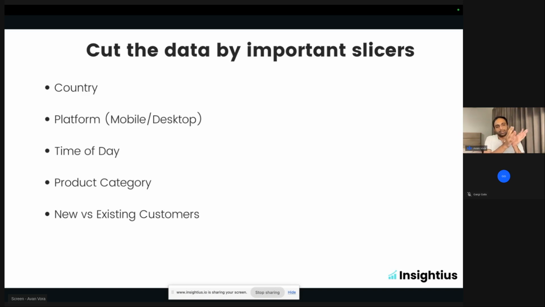So all of the metrics that you had, right? Average load time, bounce rate, all of those metrics you will cut. Basically, you will filter by all of these slicers to see or narrow down where a particular problem is existing. So what you did was you took a problem statement, you broke it down, you came up with metrics, you came up with slicers. Now when you marry the slicers and the metrics, you will get your answers. This is what is called root cause analysis. You've basically narrowed down the problem. I'll take a break here and see if you have any questions.